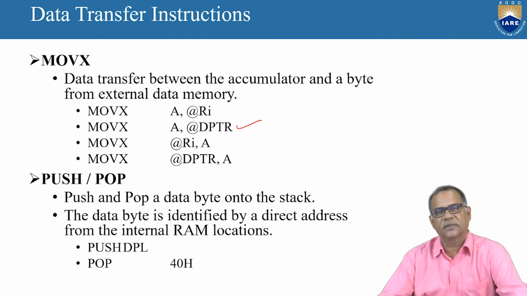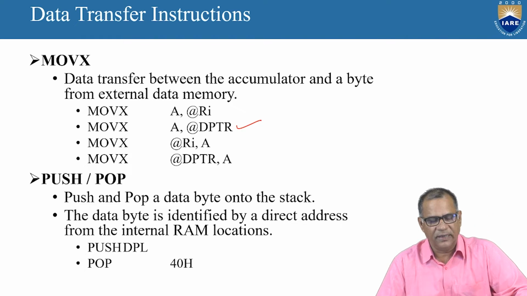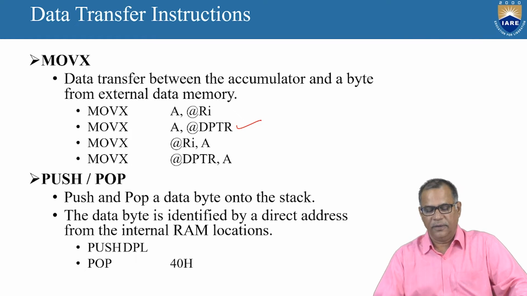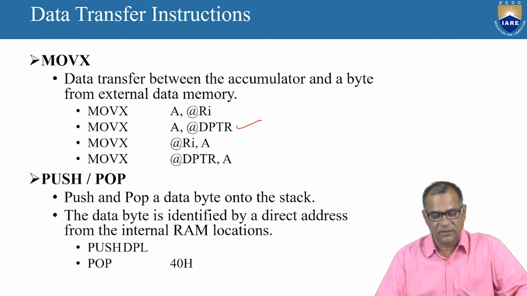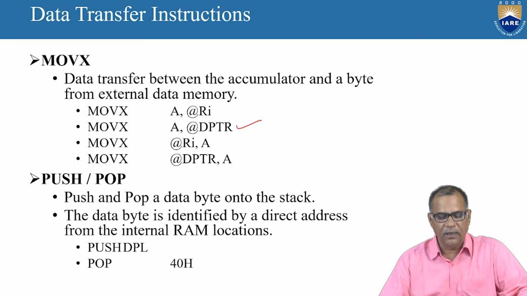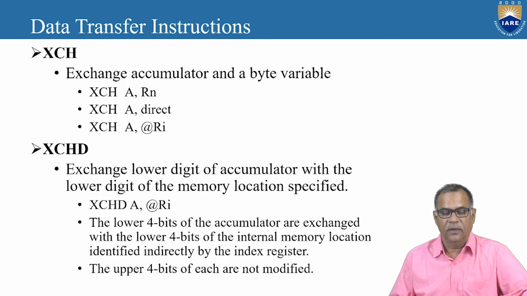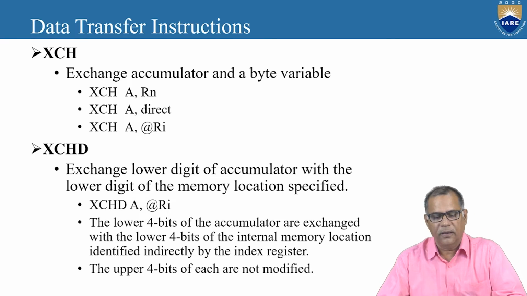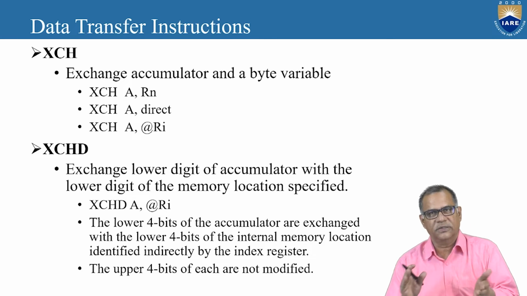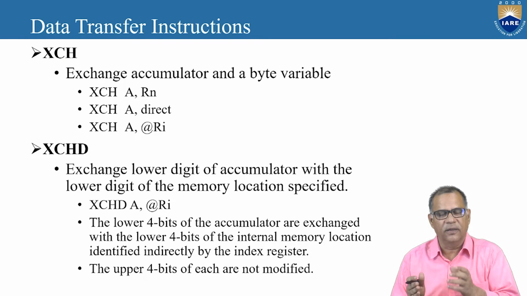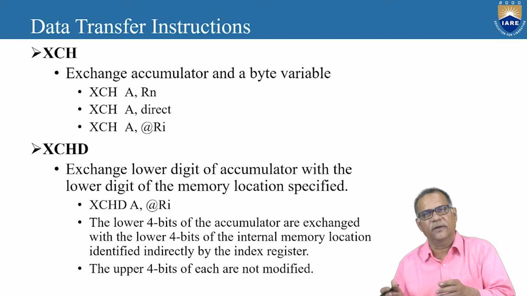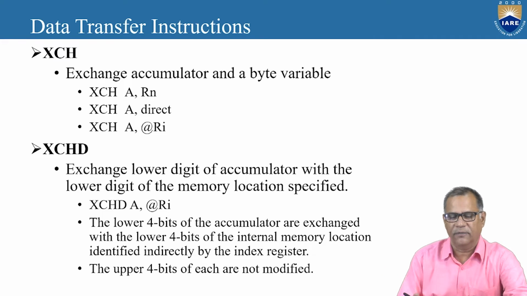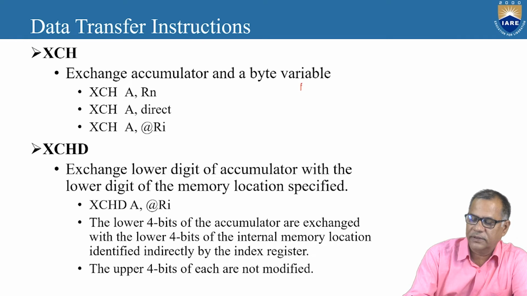Next, PUSH and POP: these instructions are used for stack related operations. So push and pop a data byte onto the stack. The data byte is identified by the direct address using the internal RAM locations. PUSH DPL, POP 40H. XCH is exchange the accumulator with a byte variable. So XCH A, Rn: you exchange the contents of the register and the accumulator. Whatever is there in the accumulator goes to the register, and whatever is there in the register goes to the accumulator. For example, before execution,